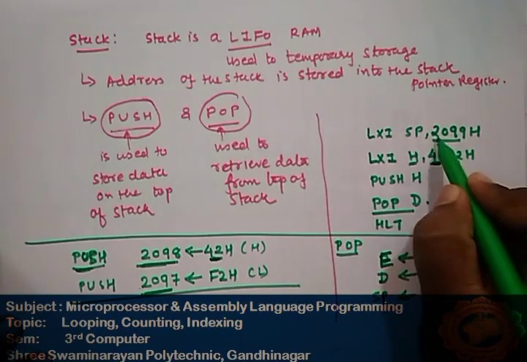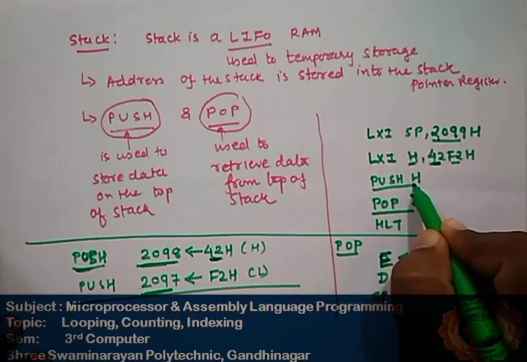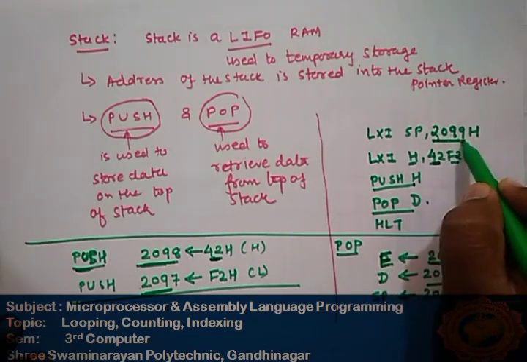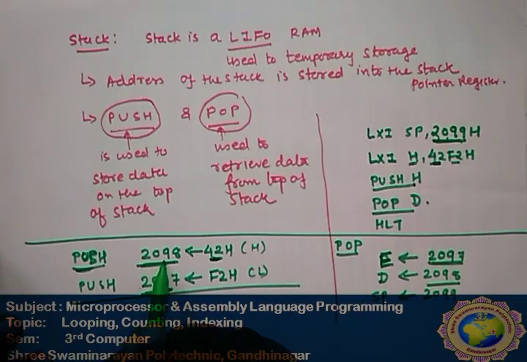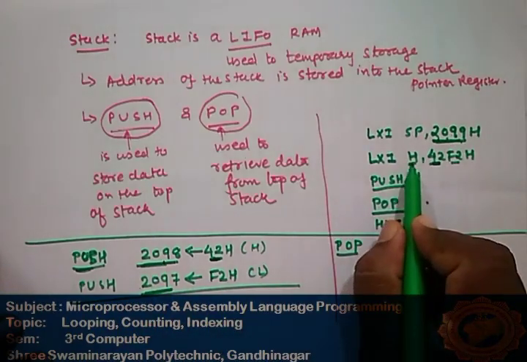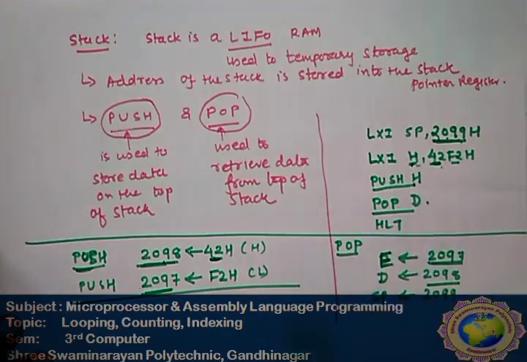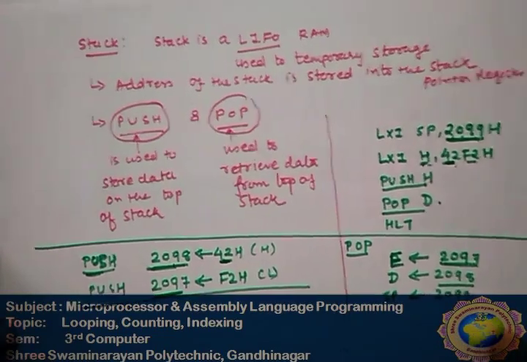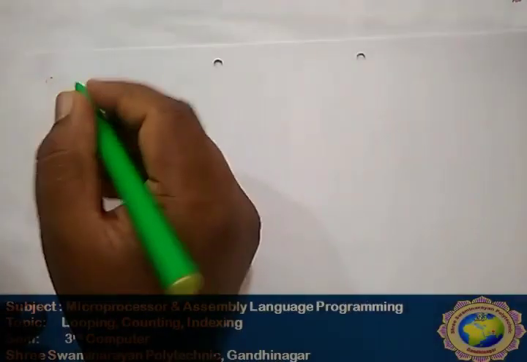Again see here, first whenever the push instruction is executed, the address initialized by us is decremented by 1, and whatever the data from the higher register or higher pair, that is transferred to the top of the stack. Again it is decremented by 1, the next data is transferred. Okay, so this is known as a stack. We have already studied this in unit number 3. Okay, now the next topic is a subroutine.